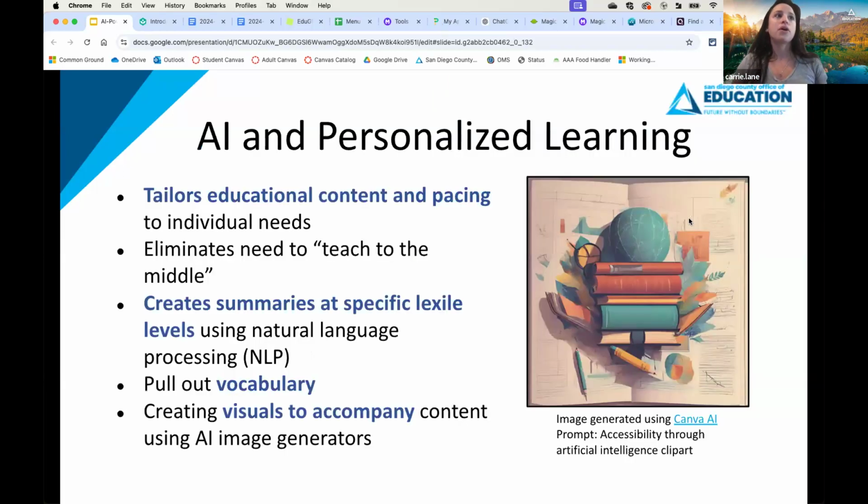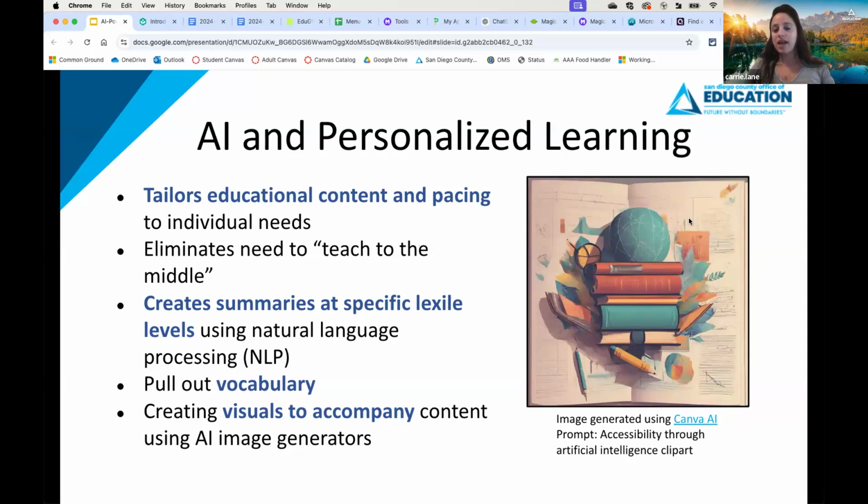All right, so let's move on to personalization and AI. And I think that this is one of the most interesting portions of what AI can do because you can use AI to tailor your educational content to your students' needs. And we talked before, for those of you who've been to other sessions, about teaching to the middle, and the idea that a lot of us are taught as teachers that it's best to teach to the middle, which then leaves our learners who are really struggling and our learners who are moving faster than we are to kind of be left out in the cold.